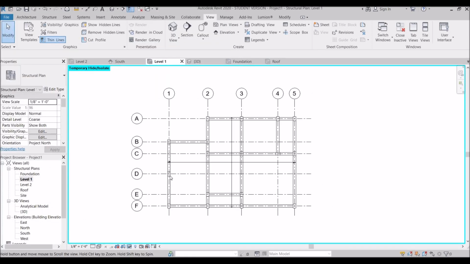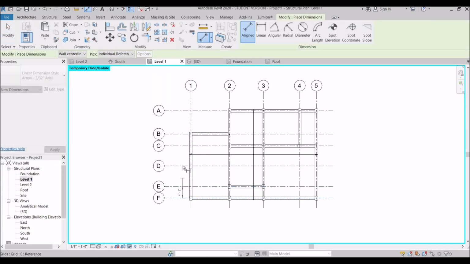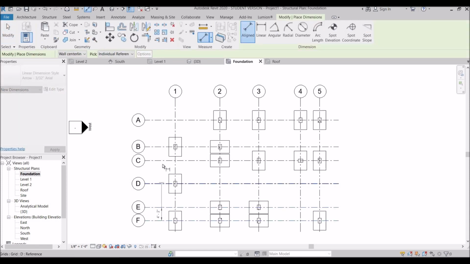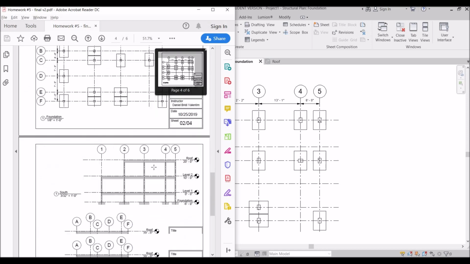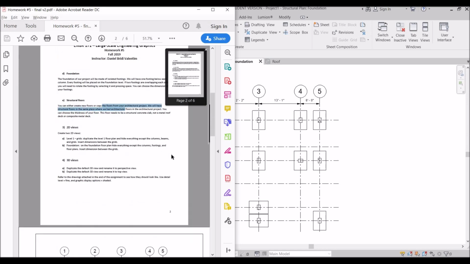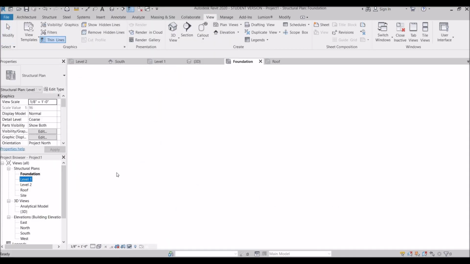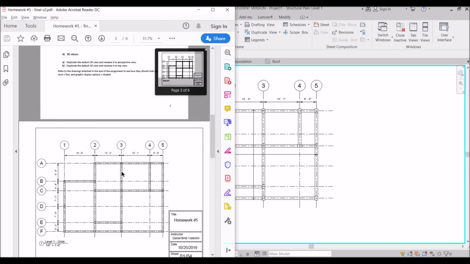However, you need to dimension the distance between the grids. So just press DI, okay, and I'm clicking on the dimensions here, just like that. And I'm going to do the same thing for the level foundation. Okay, the distance between the grids should be the same because grids are not view specific when you create them. Alright, so this is how my level 1 and level foundation should look. Foundation, level 1, and I need to create, let's see,